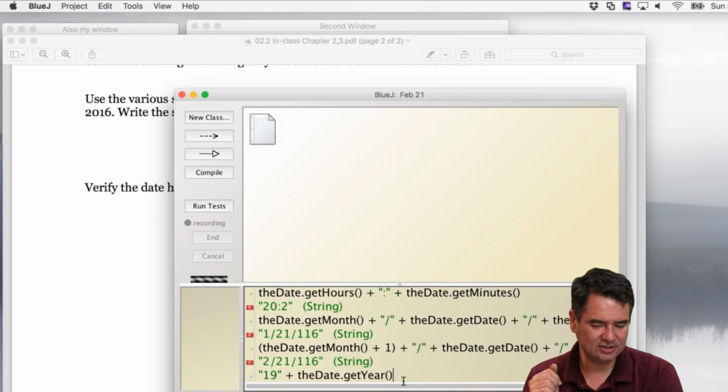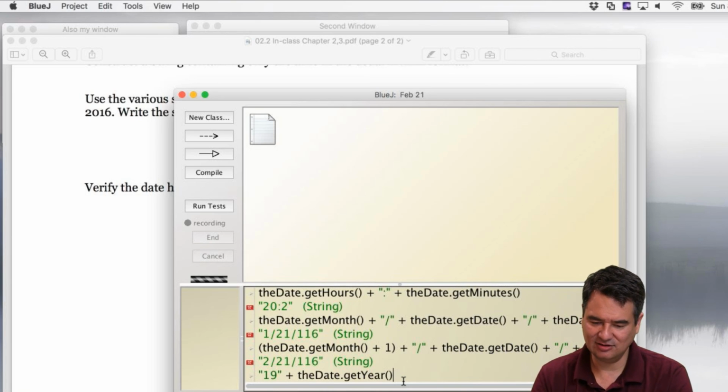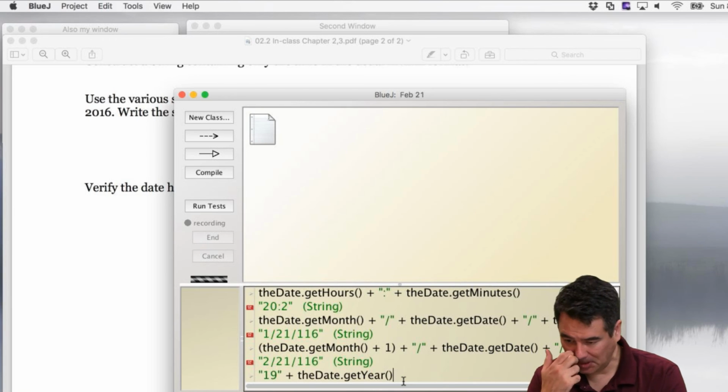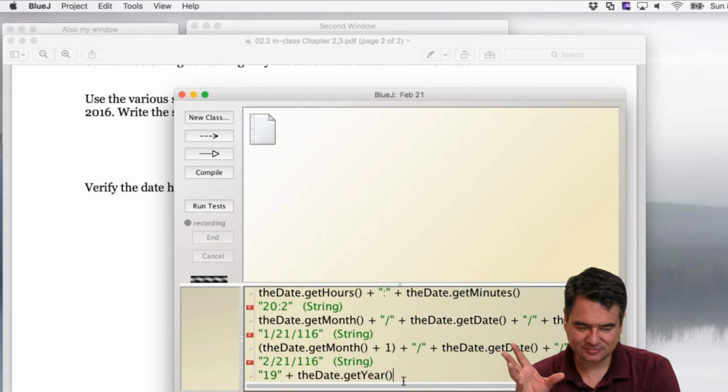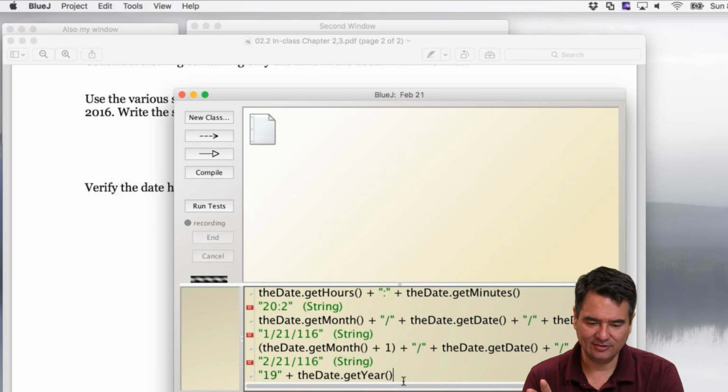Which, if you think about it, still works. Like 86 is a 2-digit year, but it's also 86 years since 1900. So the definition still works. And what this allowed them to do was say, okay, when the year 2000 rolls around, the get year method is going to return not 00, but 100, because it's been 100 years since 1900. And